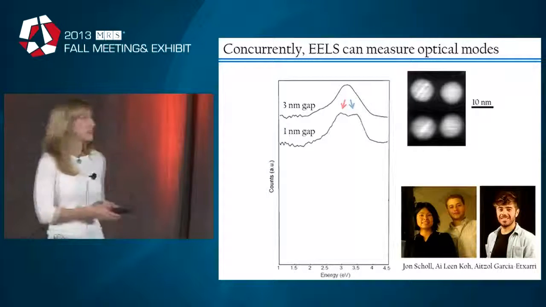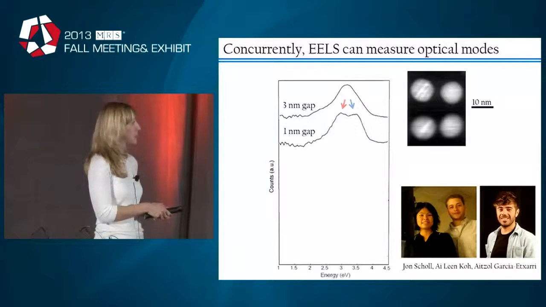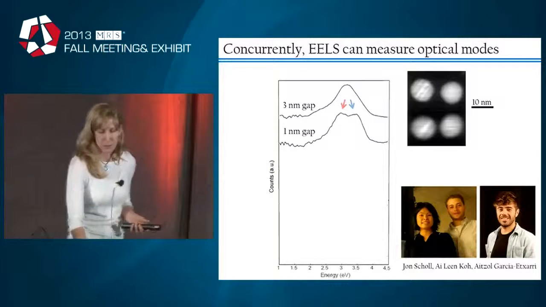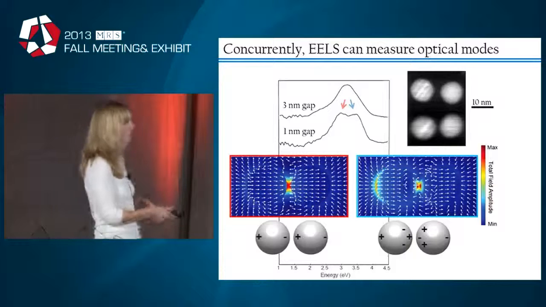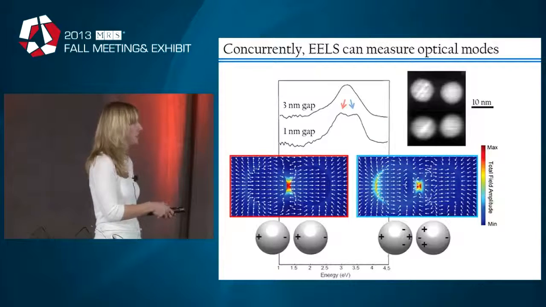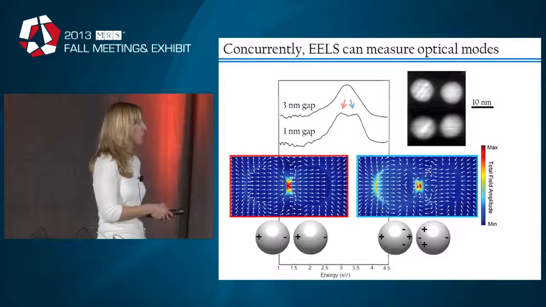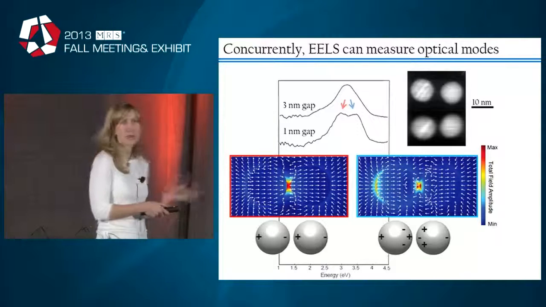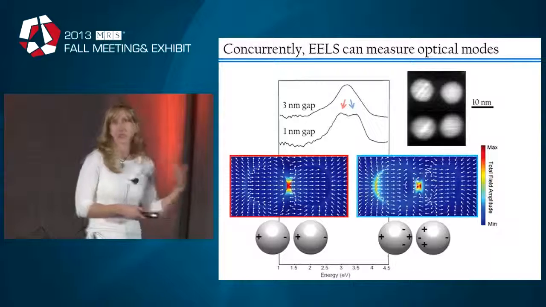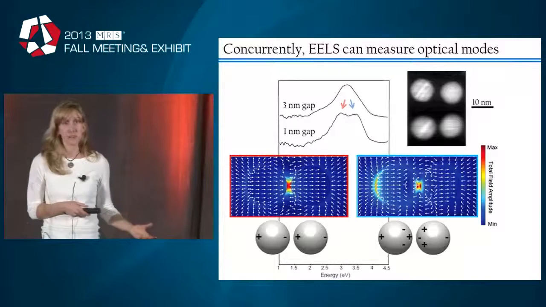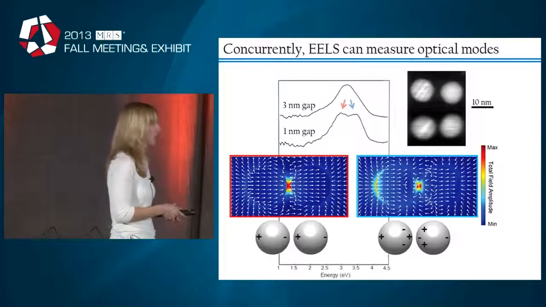Now when we bring the particles closer together, this single peak splits into two different modes as the particles begin coupling. One of these modes, at lower energies, corresponds to a bonding dipolar resonance, where you have a very strong electric field intensity in between the gap of the two particles. This is what's generally used in single molecule SERS measurements, or also in molecular ruler experiments. And if you plot out how